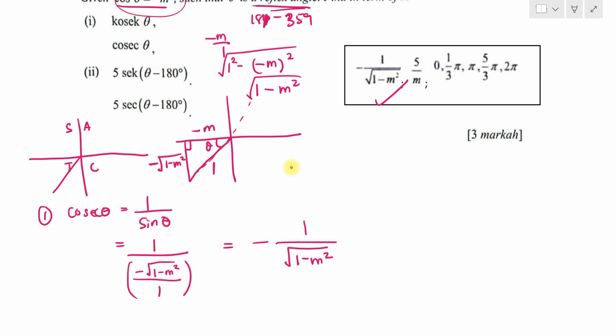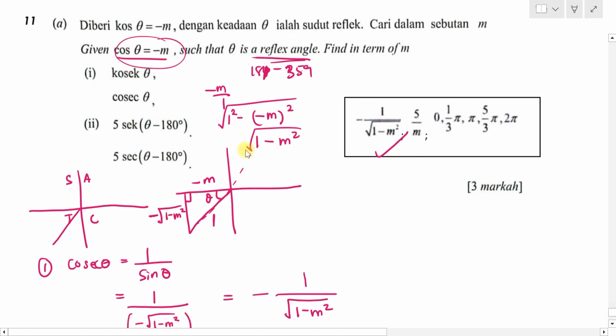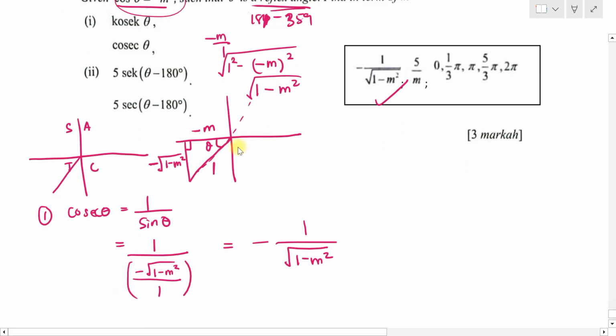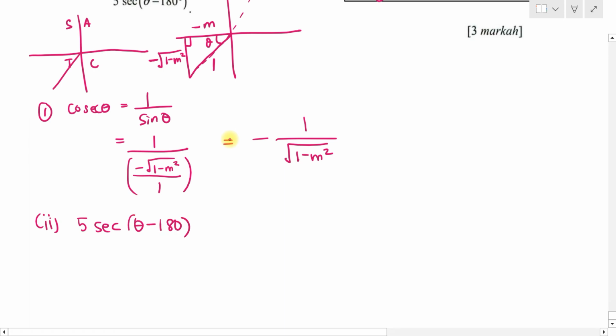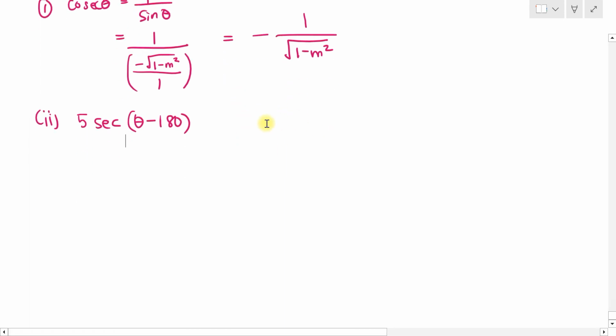And then the A2, is there enough space for A2? Better I put it here. The question was 5 sec theta minus 180. Oh, no problem. We need the 1 over cos theta. Okay, we find cos theta minus 180 first, then we substitute later. So, cos theta minus 180 is